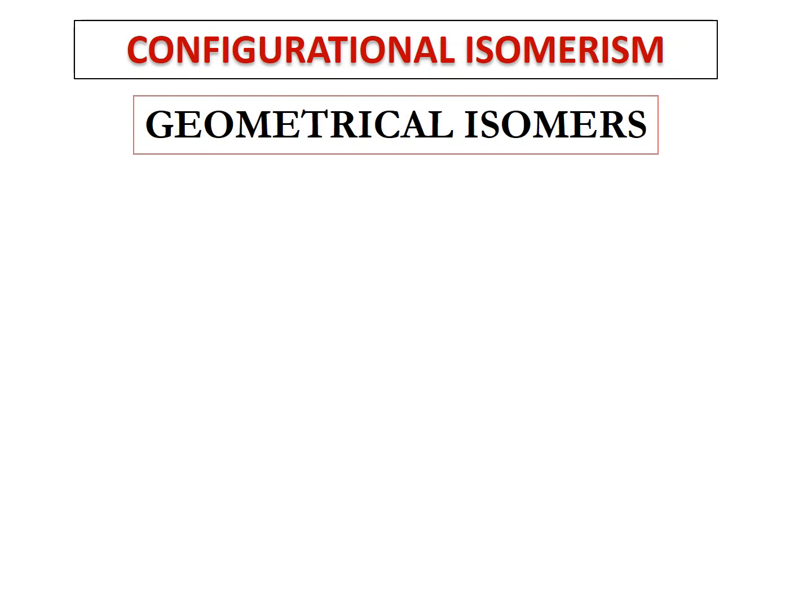Geometrical isomerism is a type of configurational isomerism that is characterized by the restricted rotation about a carbon-carbon double bond. First, you have to understand the difference between configurational isomerism and conformational isomerism that I have discussed earlier in another video. A link you can find here for the videos or lectures on the conformational isomerism of different types of